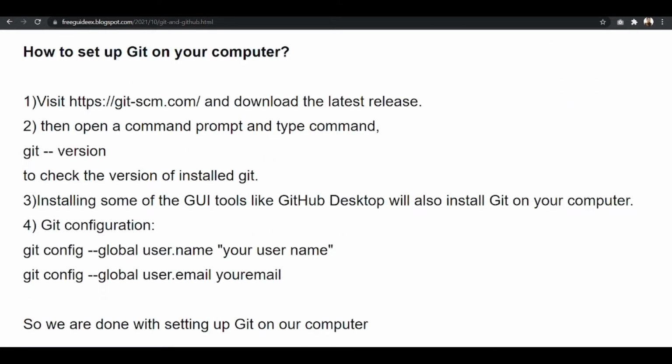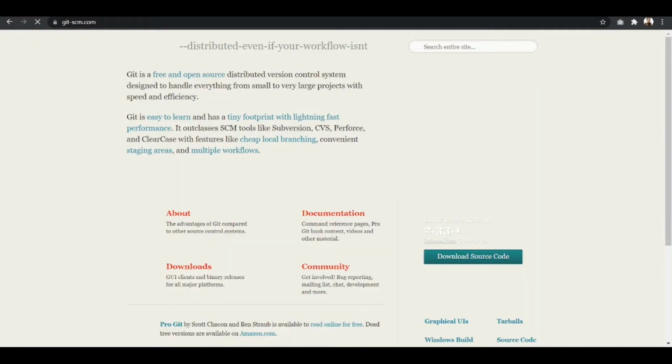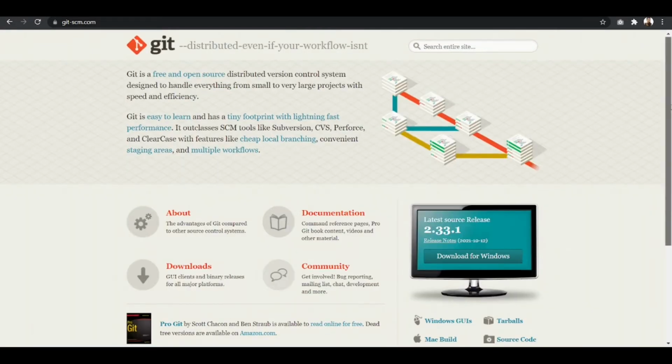From the first step, you can see that you need to visit this link, gitscm.com, and when you visit that link, you will see a web page like this.